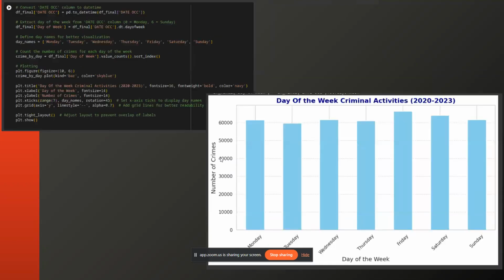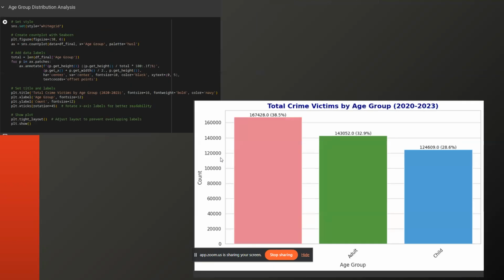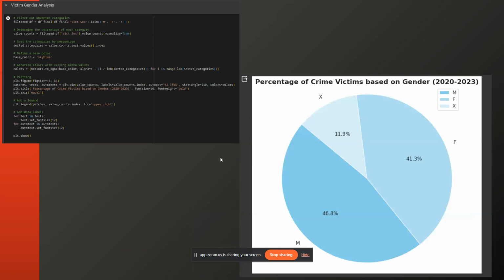And these are the weekly crime activities. For example, we are visualizing which day has higher crime rates, and so on. Another visualization is for the age group, showing which age group has the highest chance of being victimized. And this is a pie chart visualization for the